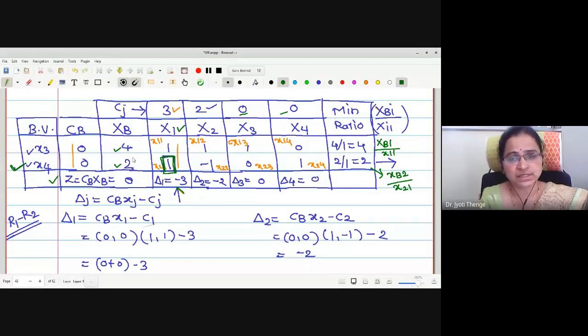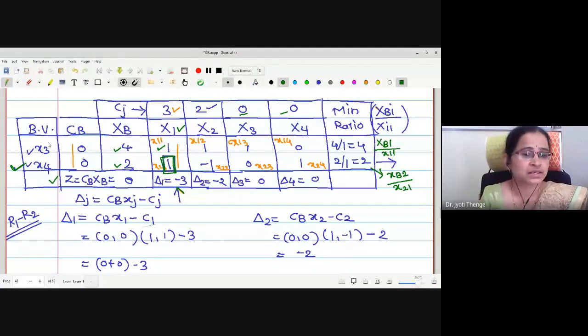Now, what is the next step in the simplex algorithm? Convert the leading element to 1, and the remaining entries in the column to 0. Here the leading element is already 1, no need to convert. We only have to convert this 1 to 0, by using the second row. Right? Why are we doing this process? Because if I do this, what will be the column corresponding to x1? This will be 0, 1, which is nothing but the second column of your identity matrix, because this is going to represent your second basic variable.